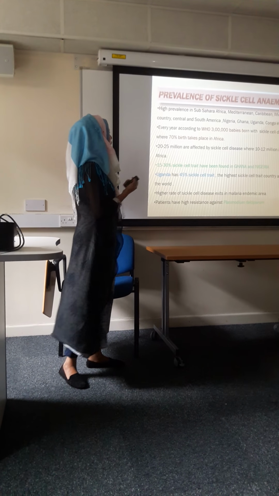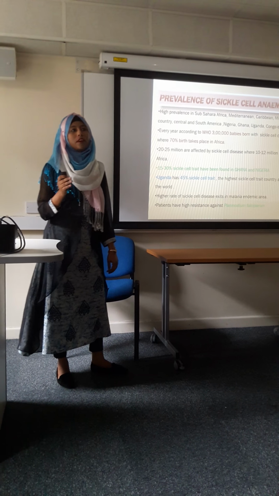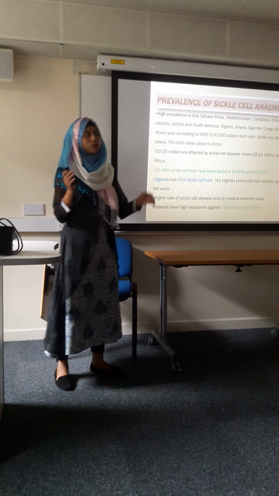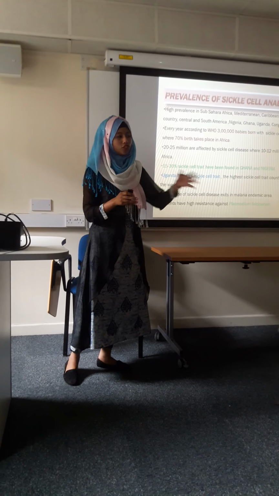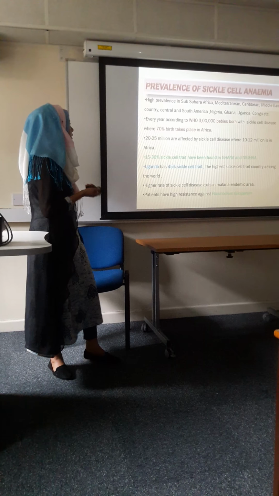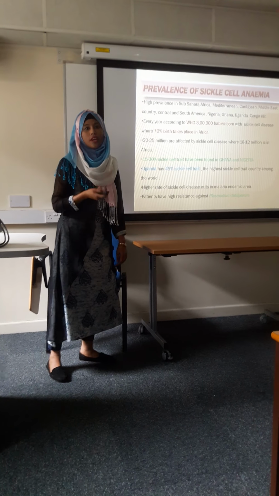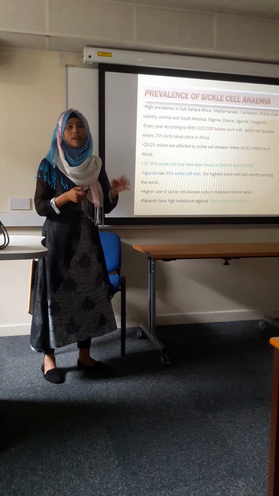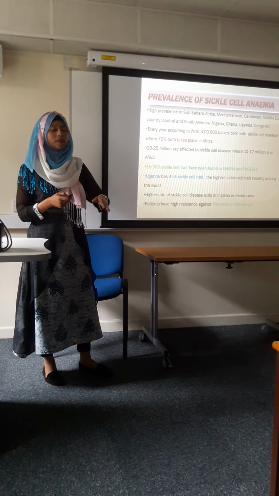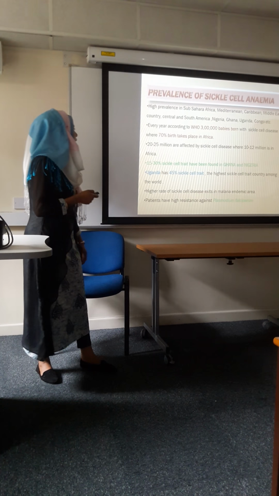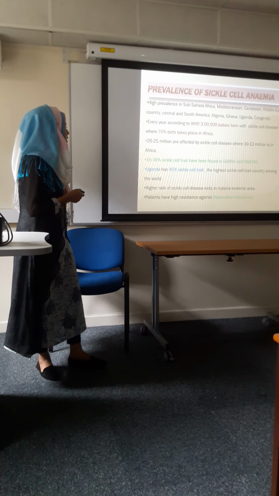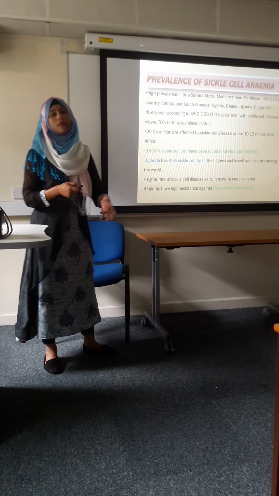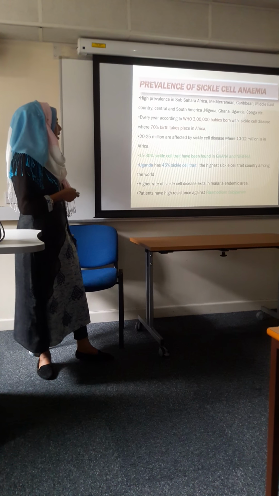Prevalence of sickle cell anemia. Sickle cell anemia is highly prevalent in sub-Saharan Africa, the Mediterranean, and the Caribbean, and most prevalent in some regions of Africa like Nigeria, Ghana, Uganda, etc. According to the WHO, every year 300,000 babies are born with sickle cell disease, and 70% of them are born in Africa. According to research, 15 to 30% carriers have been found in Ghana and Nigeria,